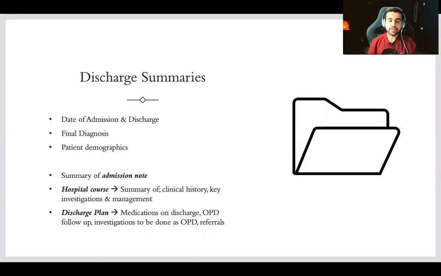And then if needed, if there are any referrals for this patient. So if this patient came with an ischemic stroke and he's having left-sided weakness, you want, for example, to refer this patient to the PMR, which is physical medicine and rehabilitation, or something like that. So that will be the whole of the discharge summary. I'll be sending you guys the full details about the discharge summaries in a separate presentation. The guys over at KRC will be helping you with that. And that's it for